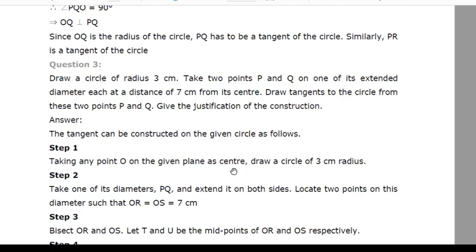Next question, number 3. Now you see the next question, question number 3. And what this question is telling is that